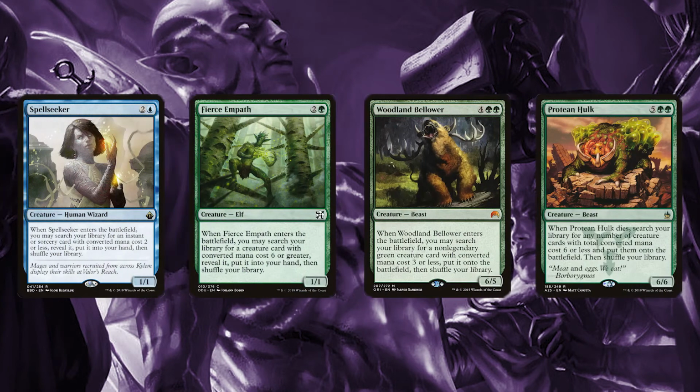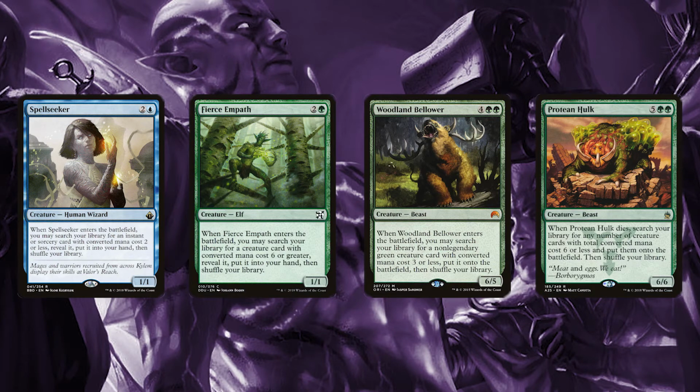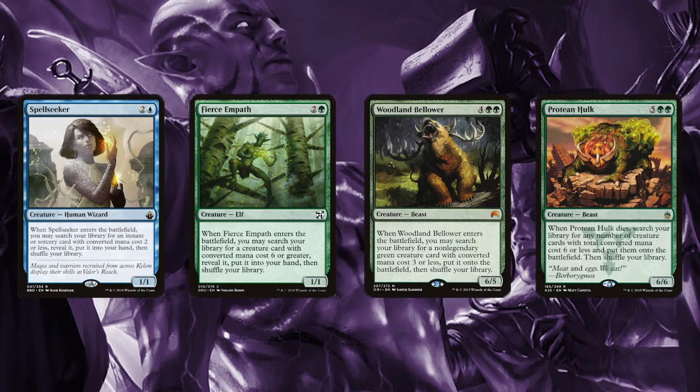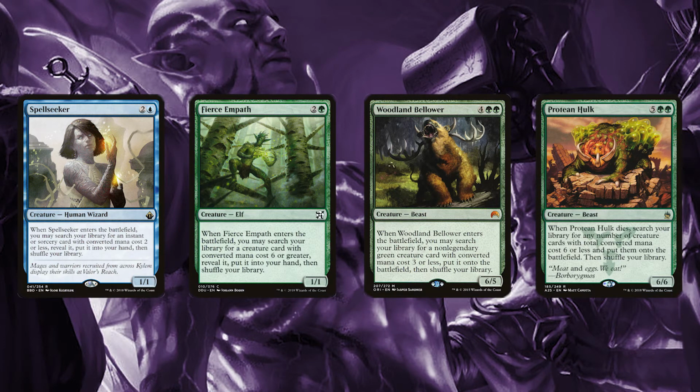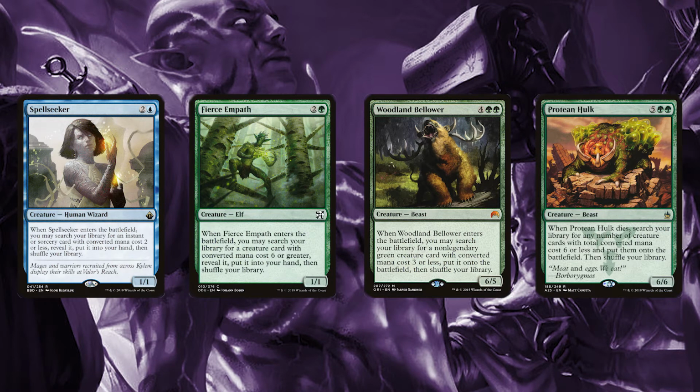We have a couple of ways to tutor up cards because just having Vannifar isn't going to quite cut it. Spellseeker allows us to get any of our instants and sorceries that are 2 mana or less. Fierce Empath allows us to pull out any of our big, hard-hitting creatures near the end. Woodland Bellower pulls out a Bounding Krasis with it. Protean Hulk is a creature that allows us to sacrifice it to Vannifar, potentially to get our End Raise Forerunners,